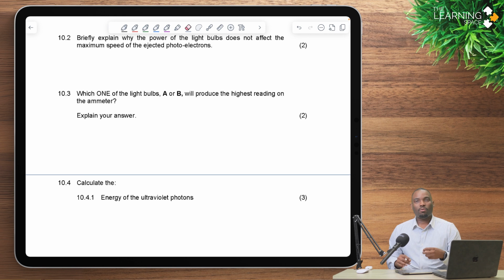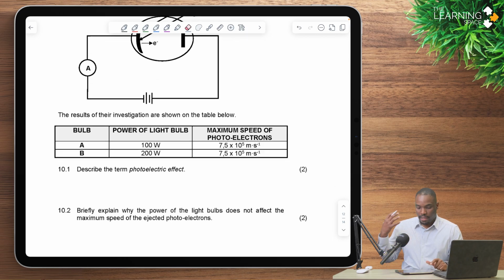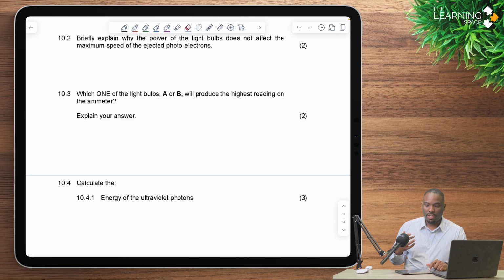Now, 1 electron will carry a certain amount of charge. 2 electrons will carry double that charge. So even though my electrons aren't necessarily moving through faster, if I've got more electrons moving through per unit time, I'll have more current overall. So we can see that the one that will generate more electrons, which is bulb B, will generate a higher